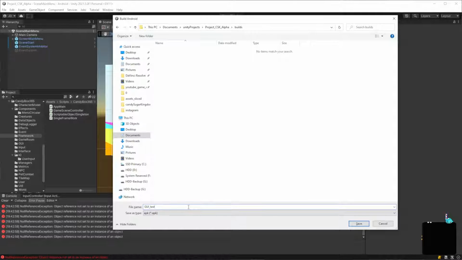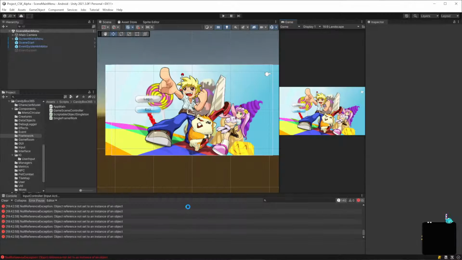Oh, I just remembered. I haven't done any builds on this yet, so there's a bunch of configuration stuff. There's a whack load of configuration stuff now that I think about it that I need to do. Okay, I'll do that off stream. I won't do that during the stream for right now. So we just got to wait a little bit for it to do the build. And then once it builds and pushes that to my device, then I'll get the camera back on, and then I'll show you guys how I test this. And you'll get to see the screen.